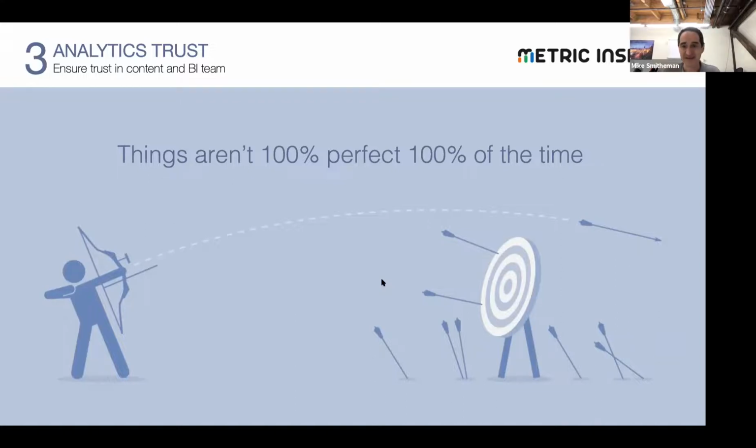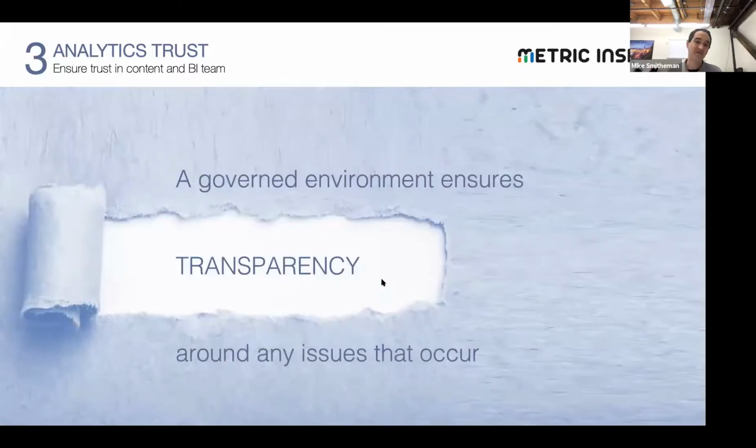And once you've lost trust, it's really hard to gain it back. So this is the conundrum that we're all facing. And I think to solve for this, knowing that you're never going to be perfect, it's critical to have transparency. And that means both that analysts know from a data perspective when there are data issues, that those have occurred, and they can take prompt action to resolve them, but also the business is aware when there's an issue,